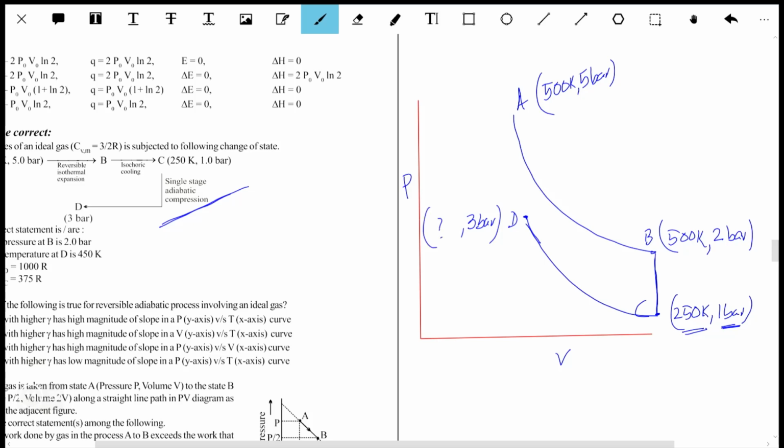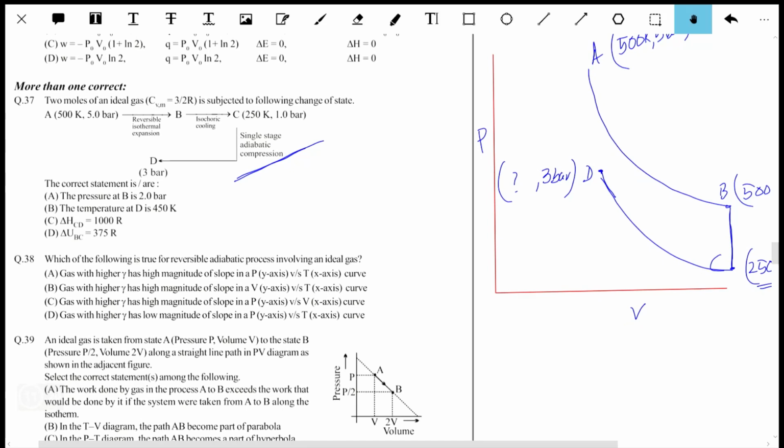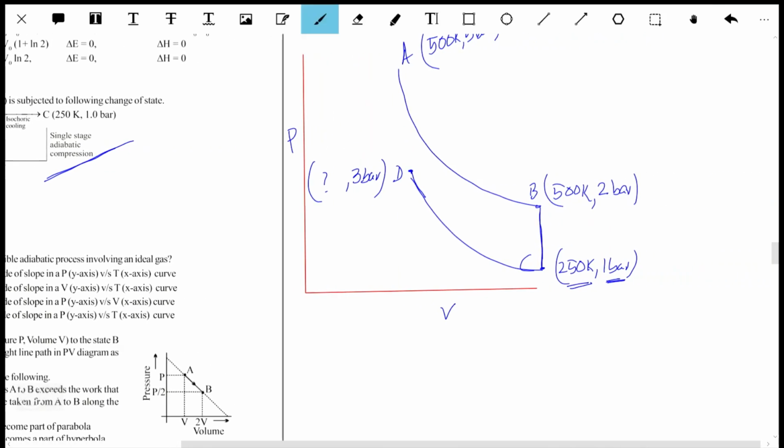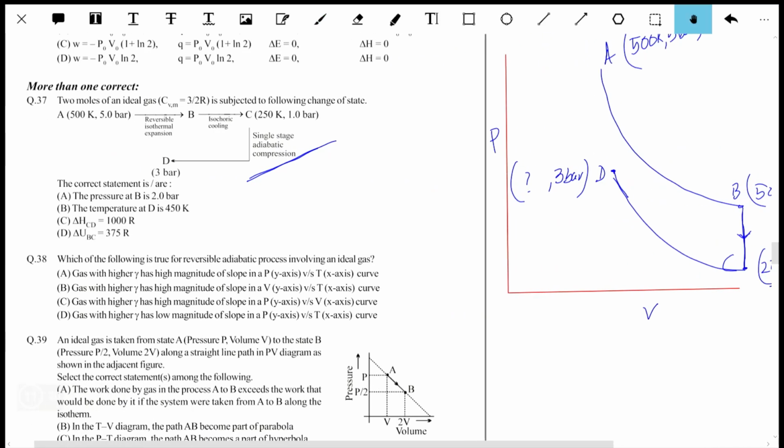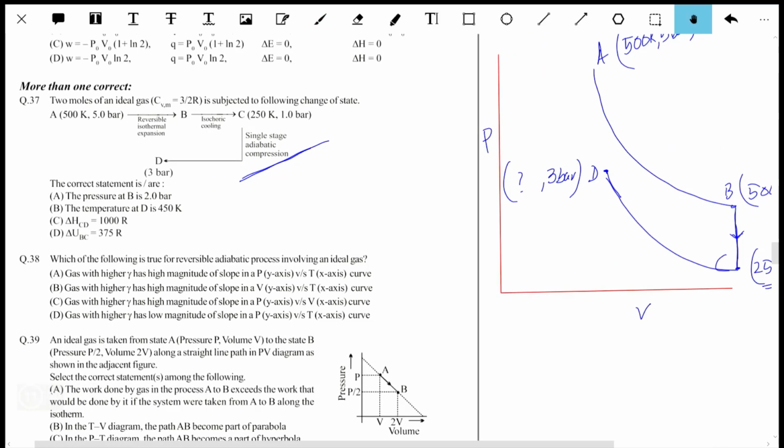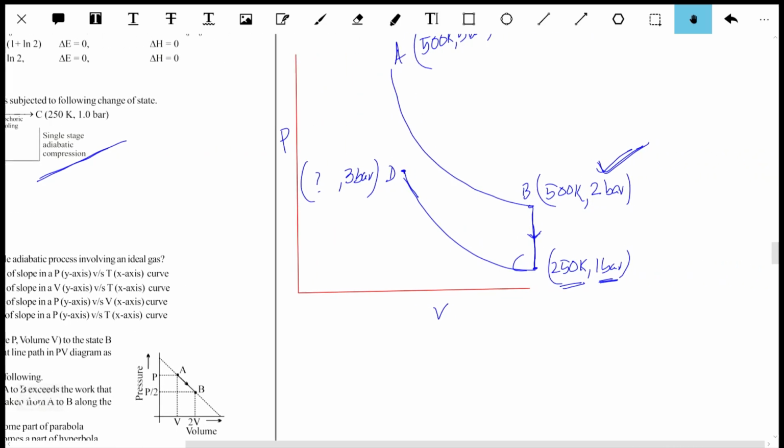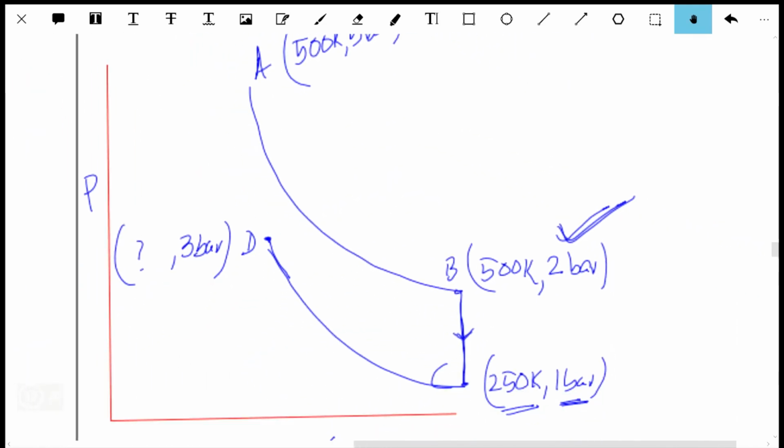The temperature here is not known. Now the first option is for the pressure at B, which is 2 bar. We've already found this out by using that BC is an isochoric process. Then the temperature at D is required. For evaluating the temperature at D,